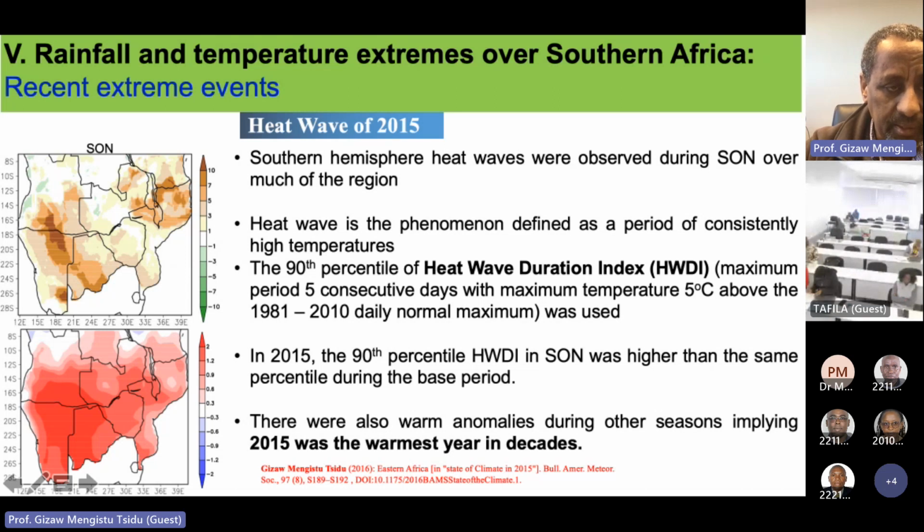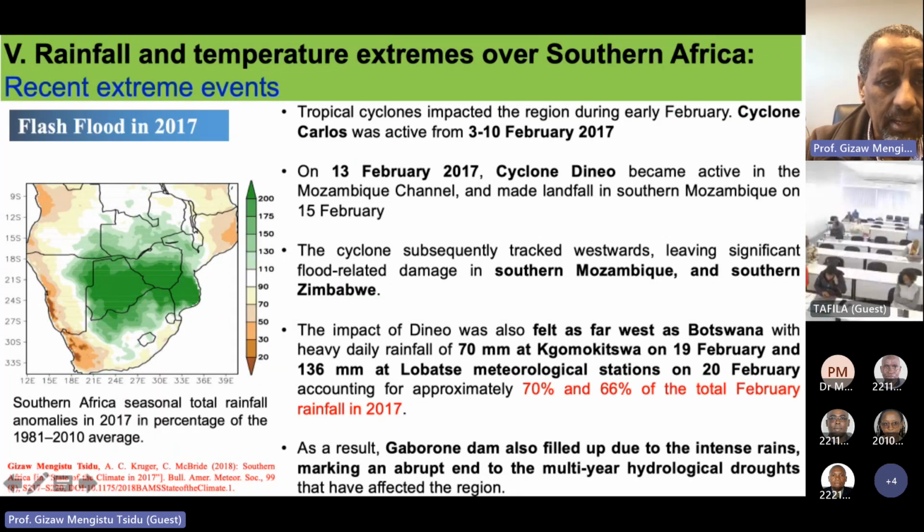during this period here, during September, October, November, and during DJF. And actually, I'm not sure, perhaps it's from South Africa, it's not from Botswana or from Zambia or Zimbabwe. There was a case of this that was reported. I think if you click on this publication, you'll find the information. I forgot exactly where it was. There was a fatality related to this heat wave. In 2007, as we said earlier,